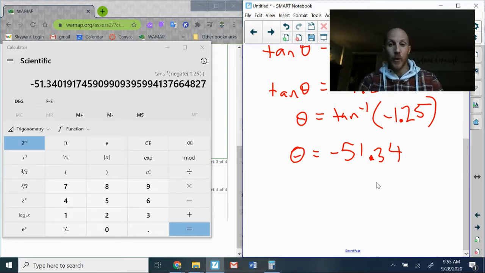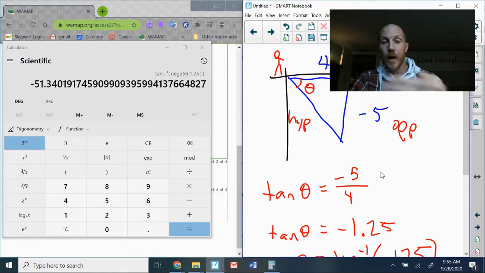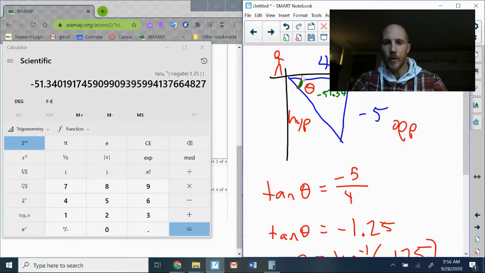Because my calculator actually can deal with negative components, and it's going to give me the appropriate angle. So this -51.34 is actually measuring from the positive side of the x-axis. That is, in fact, the direction angle. In this case, since it is negative, I know it's been measured clockwise, the short direction around. And so to find a positive direction angle, I need to